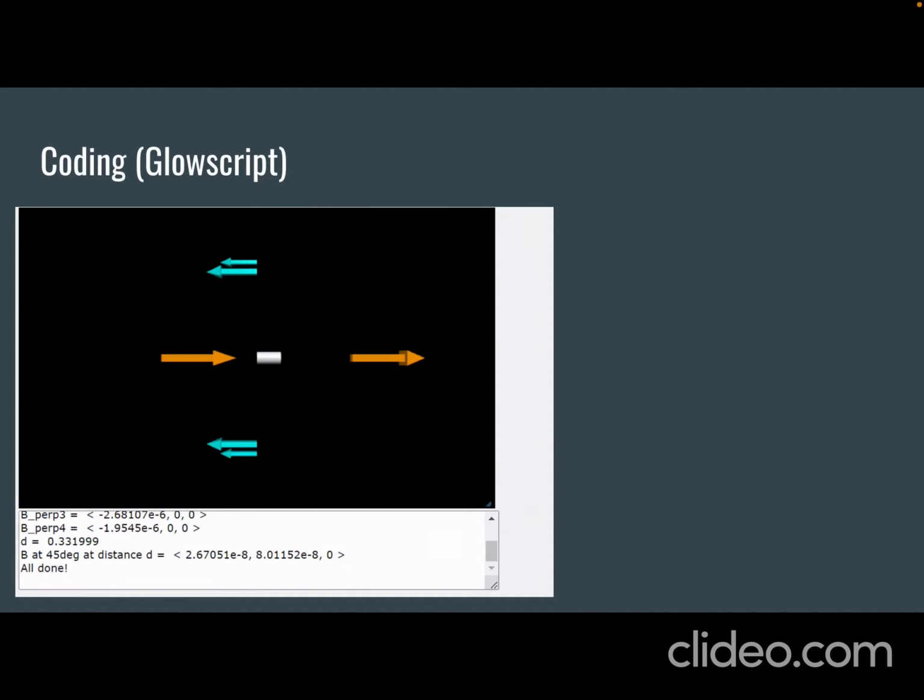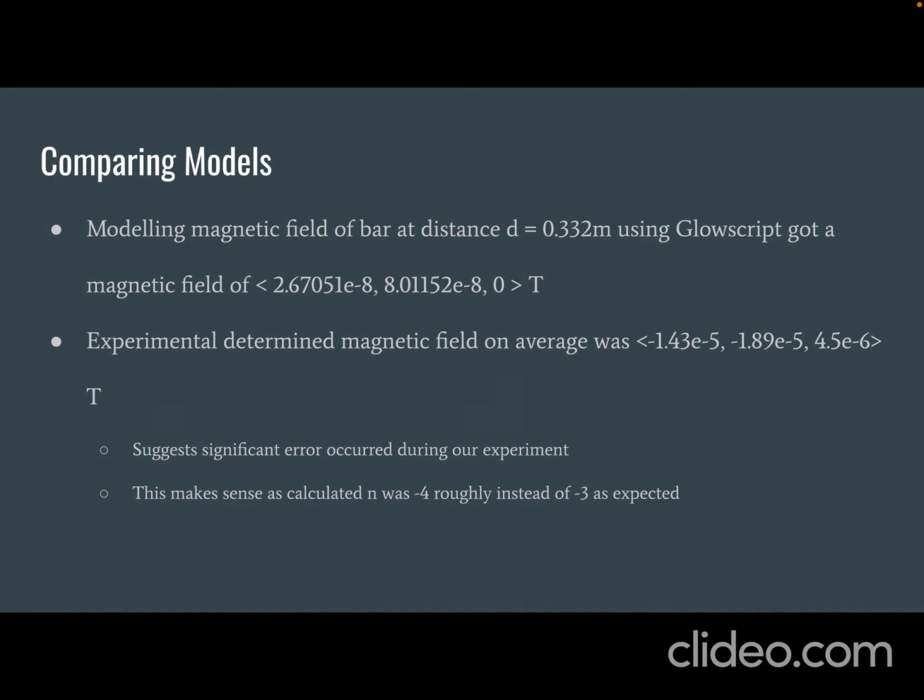And so from these results, here's the stuff showing on axis and off axis, which makes sense, that it's in the negative direction when it's perpendicular and it's in the positive mu direction when it is parallel. And then also you can see that for the vector at 45 degrees, you get a magnetic field of 2.67 and 8 e to the negative 8, which is actually significantly different than what we calculated in the experiment, where we got negative 1.43 e minus 5 and negative 1.89 e minus 5 and 4.5 e minus 6 teslas,